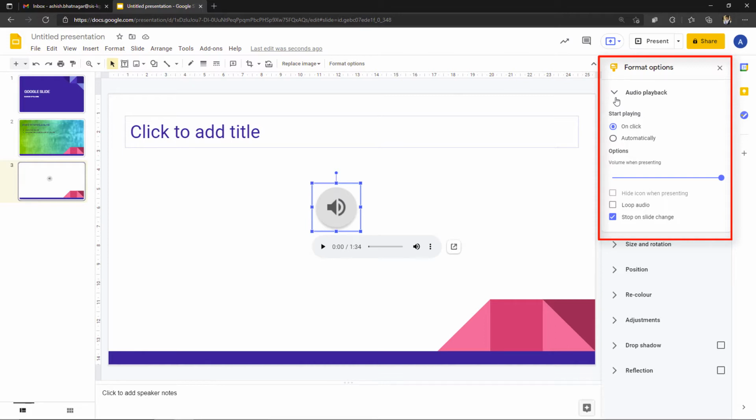So as I told you earlier, the right hand side of the window will change automatically according to what you are doing in the design slide window. Right now I have clicked on the sound icon, so the audio playback options are appearing automatically here. From this window, we can make some changes to how this audio file will be played during the slide